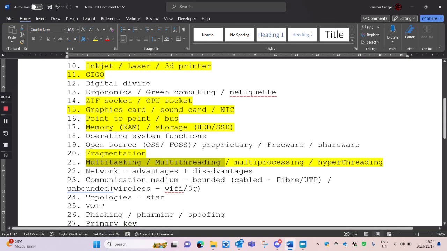Okay, yes. So hyperthreading is each core has got 2 sets of registers. So in a quad core CPU, you'll have 8 registers being used. Yeah. To speed up processing.